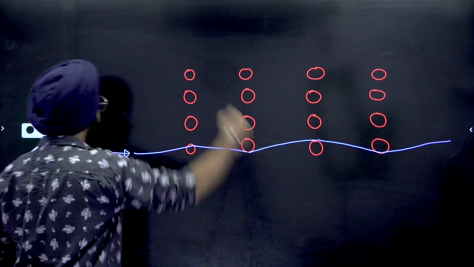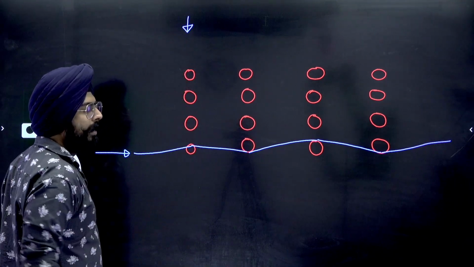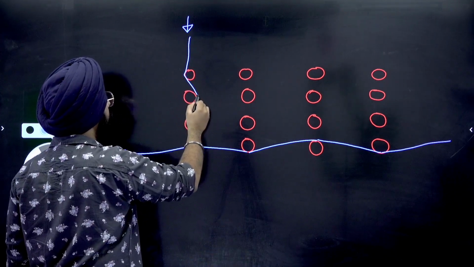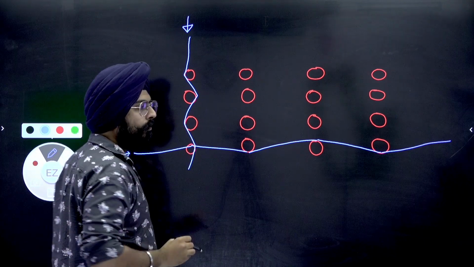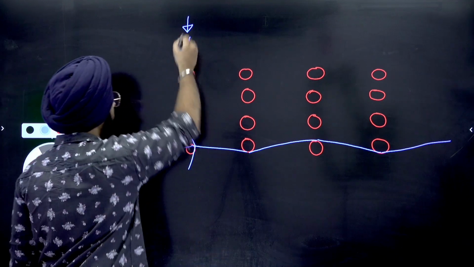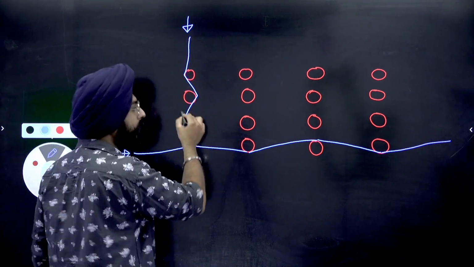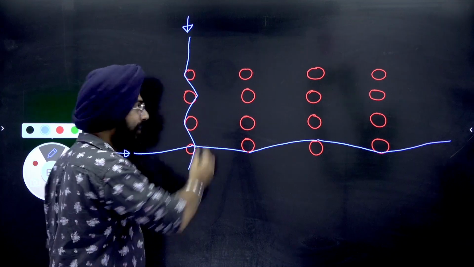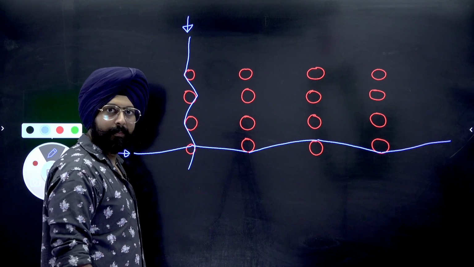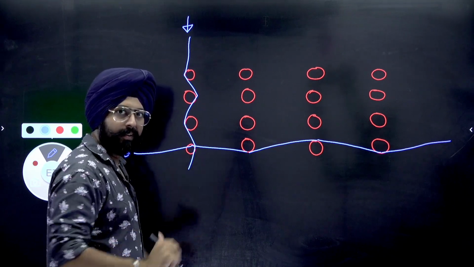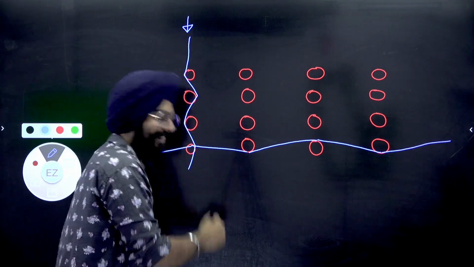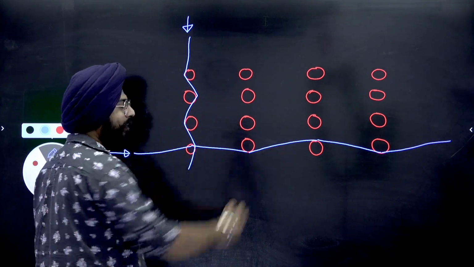Now, if I shine light in this direction, do you see the interaction will be slightly different? Light hits here, then it's here, it's here, it's here. Imagine the car versus speed breaker example again, okay? You are traveling here, you hit a speed bump, you hit a speed bump, you hit a speed bump, you hit a speed bump. More speed bumps over here compared to this direction, in the same amount of length. Getting the point? Over here your ride will be something like this. Over here your ride will be something like this.